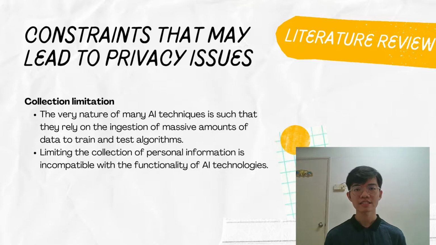Three long-standing principles of information privacy are collection limitation, purpose specification, and use limitation. AI fundamentally challenges them. Collection limitation is the principle that personal information that is collected should be limited to only what is necessary and should only be collected by lawful and fair means with, when appropriate, the knowledge or consent